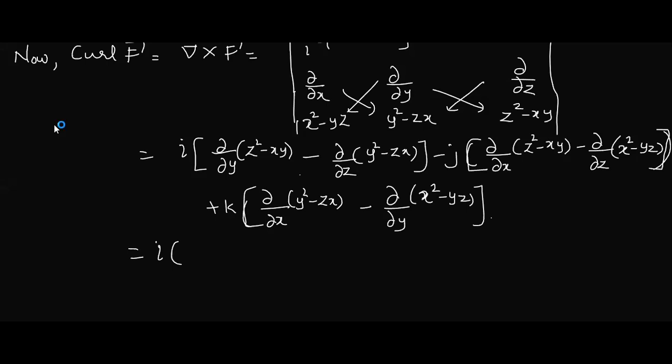Write the important steps. What is the derivative of this bracket with respect to y? There is no y, so it becomes 0. So here minus x comes out. y will be 1. So altogether what remains? Minus x. So minus this x, minus, I am writing. Now the derivative of this bracket with respect to x.